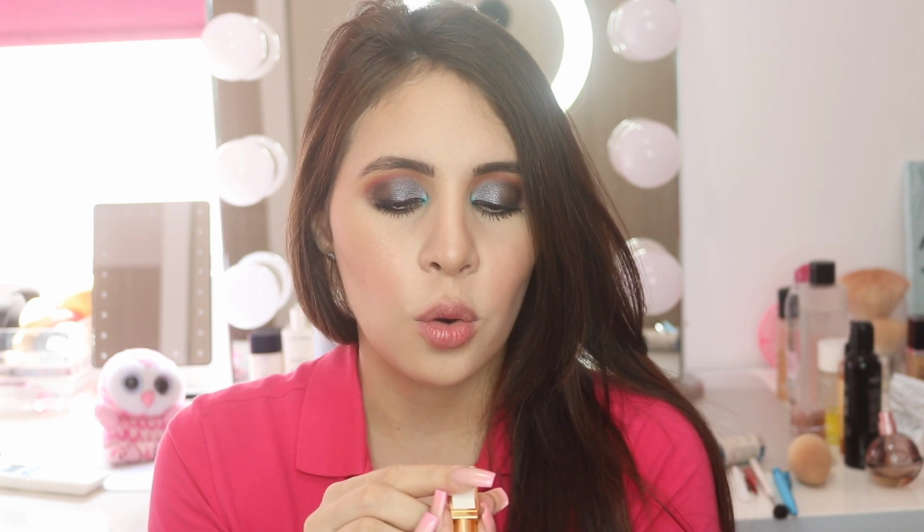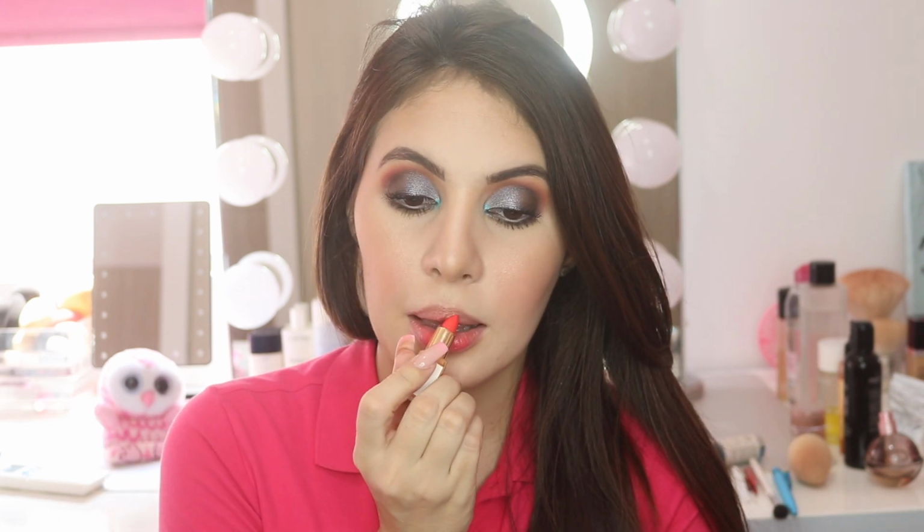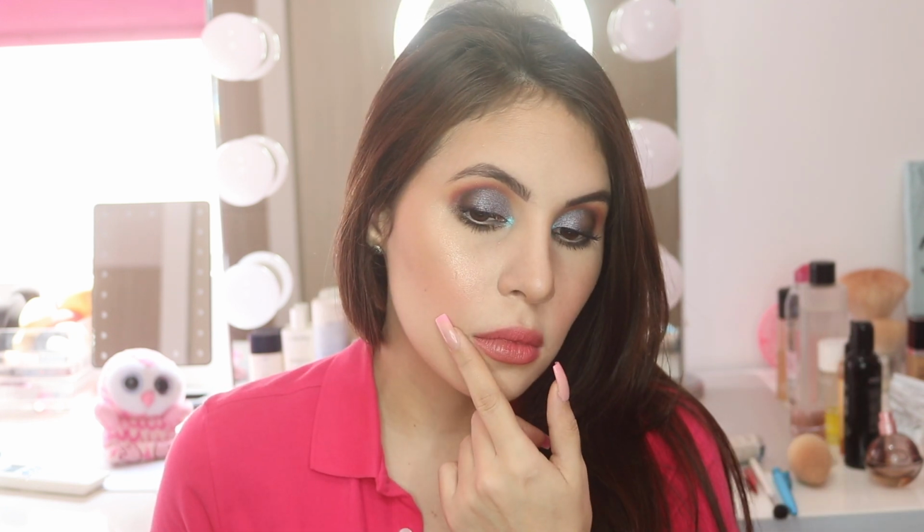This is the Tom Ford Ultra Rich Lip Color in the shade Le Mépris, and I always link every product below. So what I do is I only do that and that. That would be enough for me. Then I will mesh it into my skin with my finger. And then since the color is too bright for this look, I'm gonna grab Liar from Urban Decay,